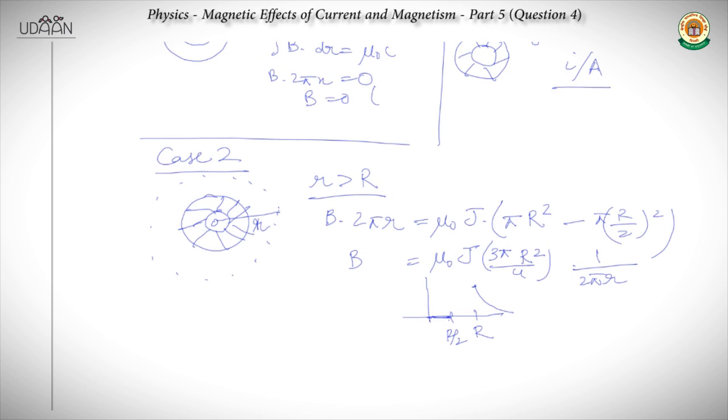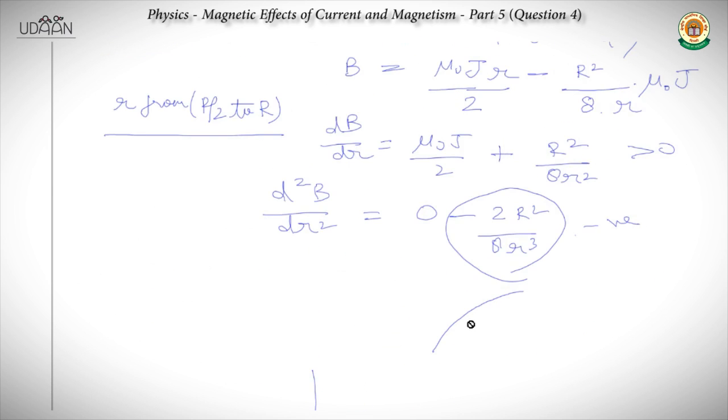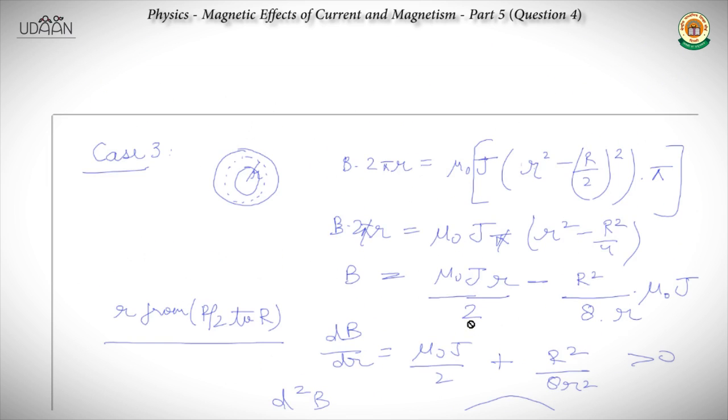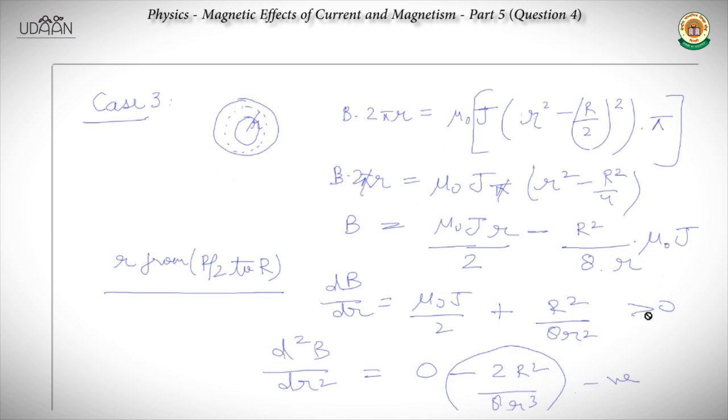Then we move on to case 3, which is looking at the answer from the distance r by 2 till r. ये थोड़ा कॉम्प्लिकेटेड है बेसिकली, बट because इसमें जो करंट डेंसिटी का हमने कॉन्सेप्ट इंट्रोड्यूस किया था वो बहुत हेल्पफुल हो रहा है, राइट? So then we differentiate the answer we get, and this is basically to get the graph. Basically because we have to use calculus here to get the right graph,